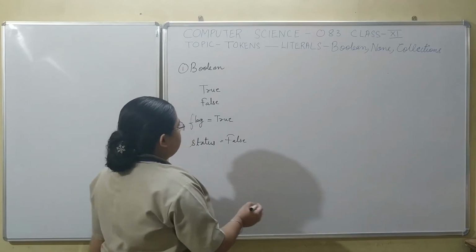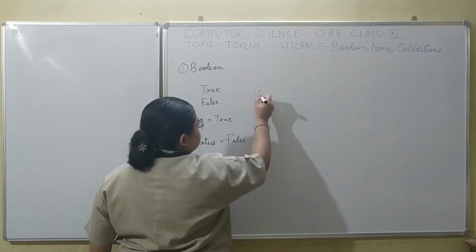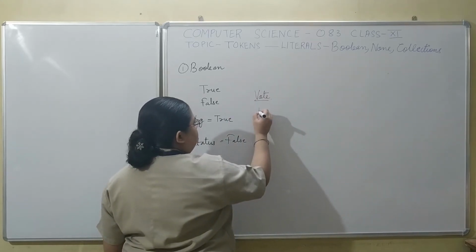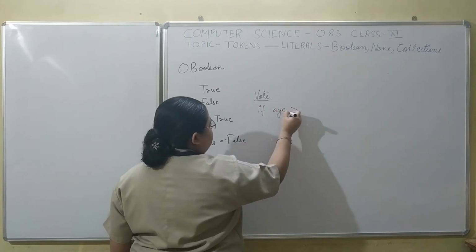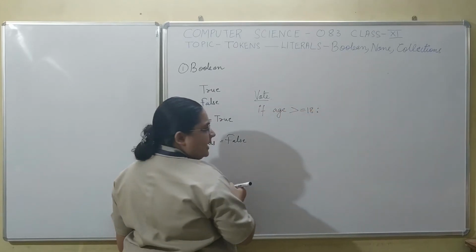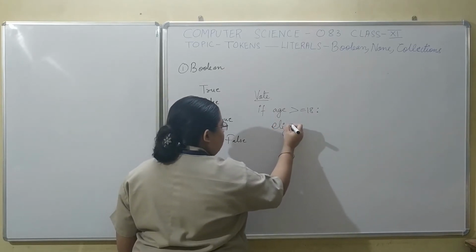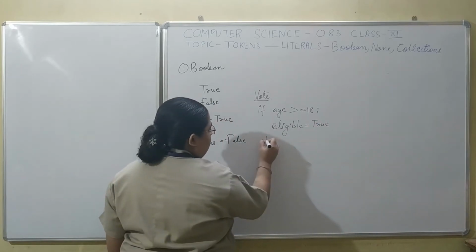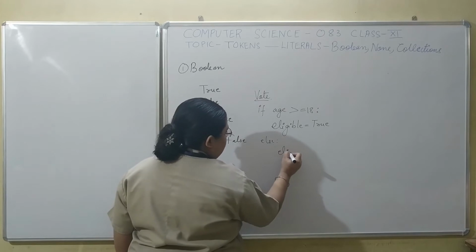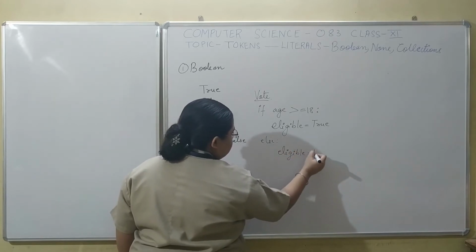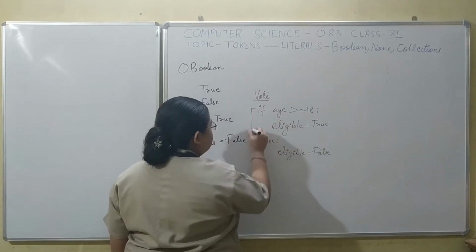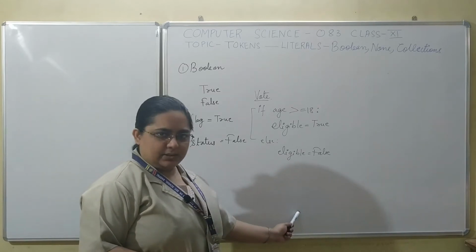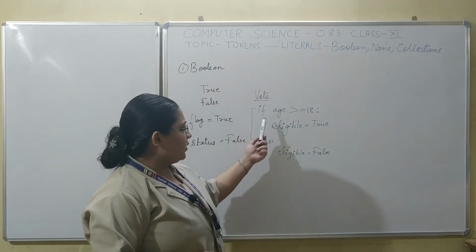For example, you are checking the eligibility of a person to vote. Now over here someone says that okay, if the age of the person exceeds 18, that means he is eligible to vote. So I can take a variable eligible and give it the value as true, else eligible will be false. Now this construct is an if-else construct. Discussing this construct in this class would go beyond the scope of the lesson plan today. So hence I am not going to go deep into it.